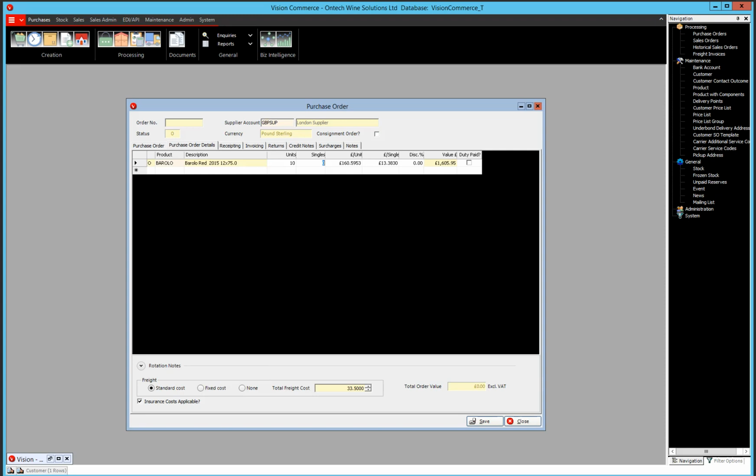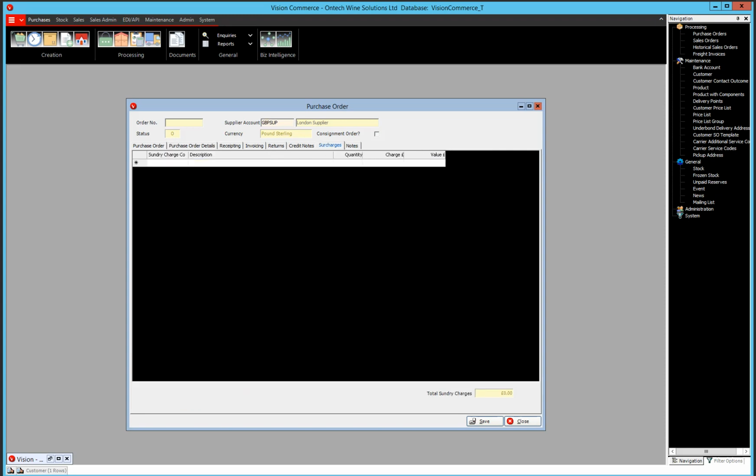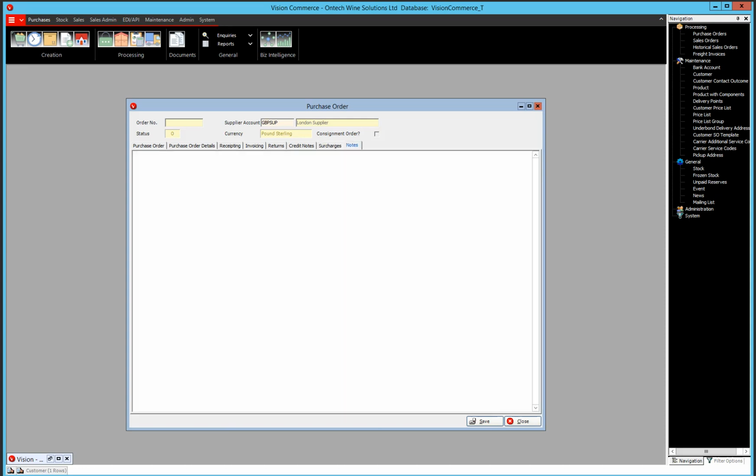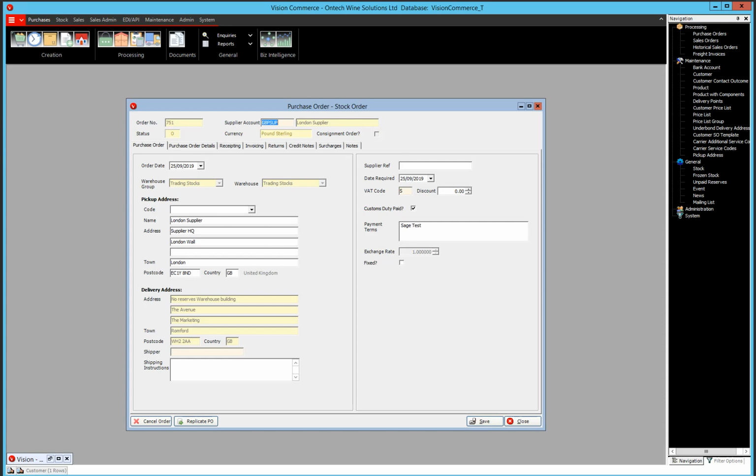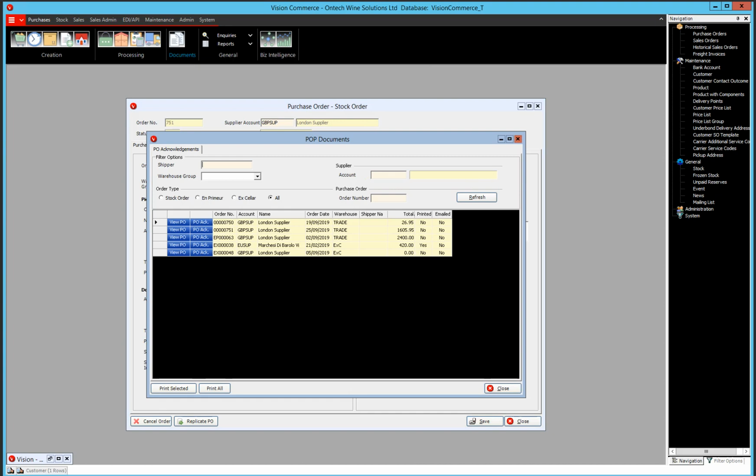If there's nothing else to enter here, you can simply say save, and that's the purchase order complete. If you wanted to add surcharges or notes in, you simply click on the box, add any surcharges. So there could be anything like shipping, customs charges that you have to add in, and any notes you want to put on the order as a final field. So if you're happy with this and you want to save it, when you hit the save button, it'll then save it. You'll see it's given it a number,